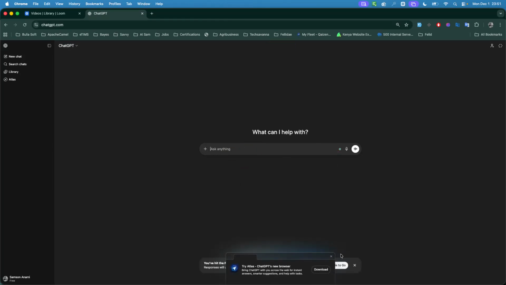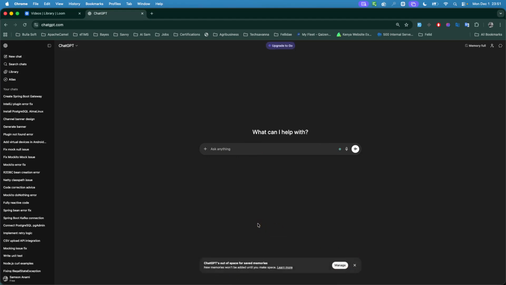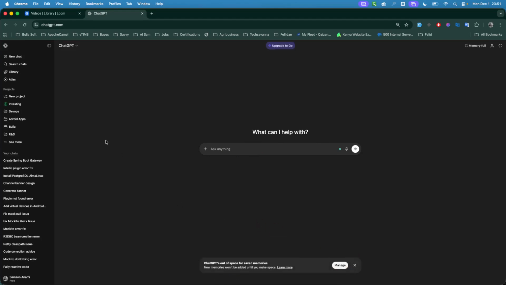Now without AI, you'll be replaced by developers who know how to use AI because of their speed and how quickly they can deliver on their task or the application. So I'll not start coding, of course. I'll just do a prompt, saying I want to create a Spring Boot